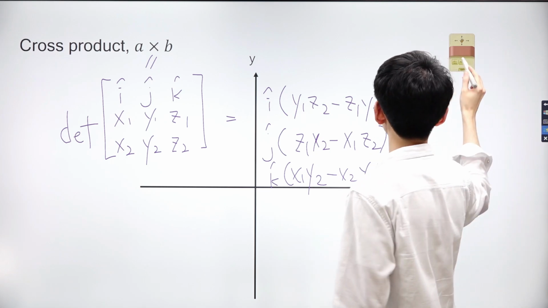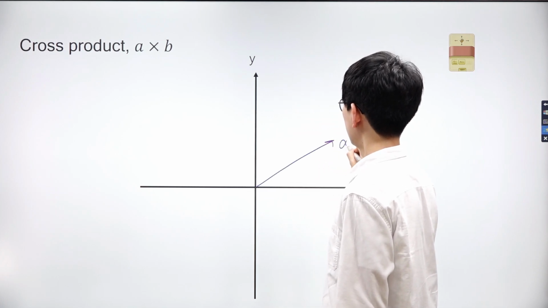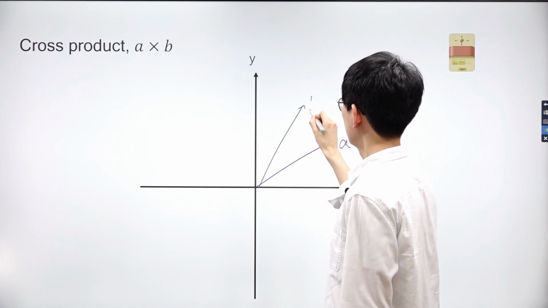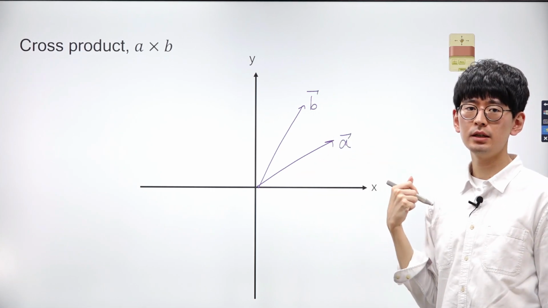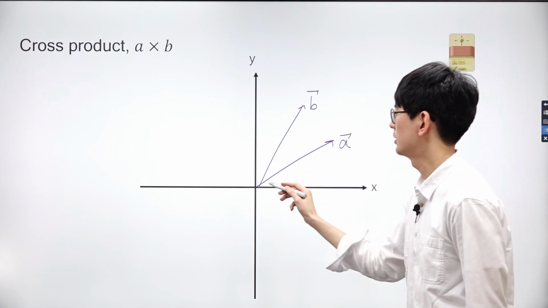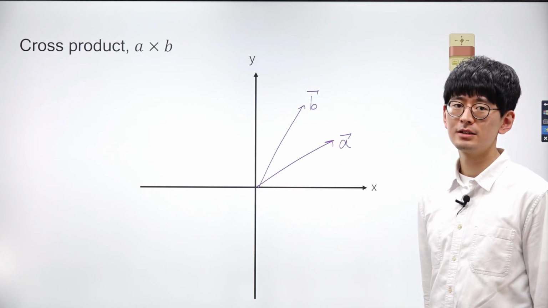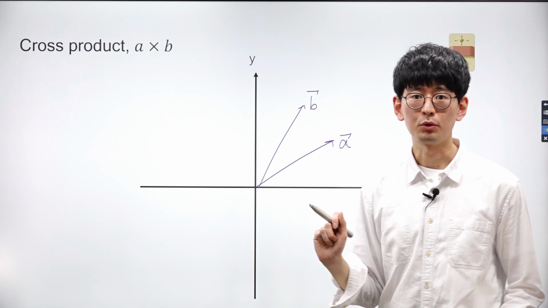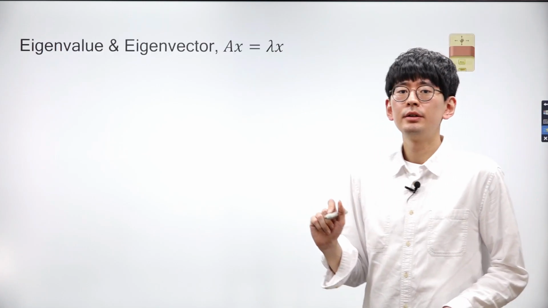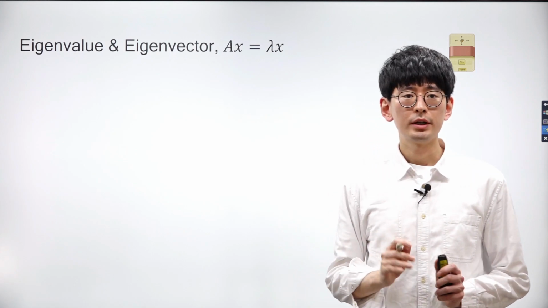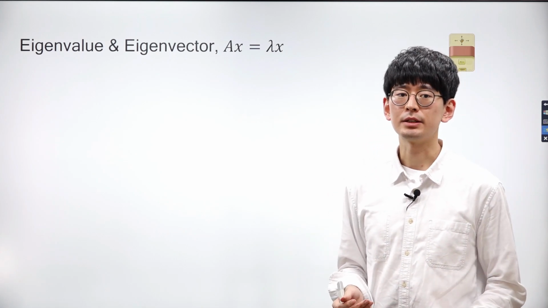Now, let's delve into the conceptual understanding of this product. Consider two vectors a and b in a three-dimensional space. As previously mentioned, the cross product of a and b is a vector perpendicular to both. Since vectors a and b lie on the same plane, the vector perpendicular to both a and b must extend out of the screen. We've discussed various topics related to vectors and matrices, such as matrix multiplication and the rank